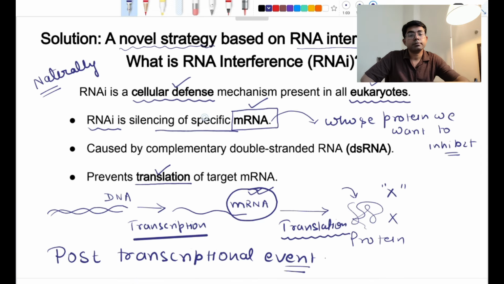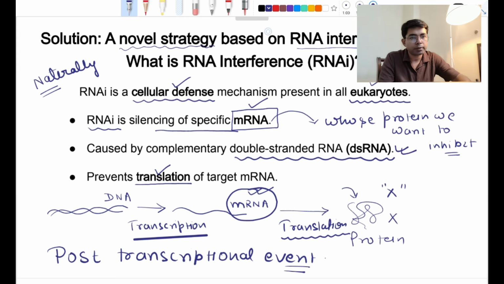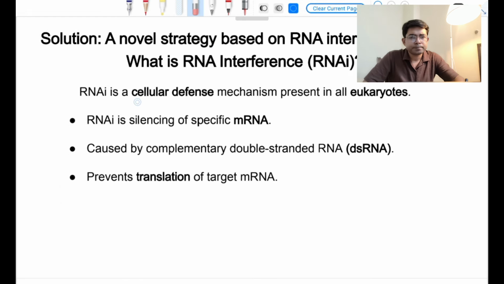Then the question comes, how is this mRNA targeted? This mRNA is targeted by a specific double-stranded RNA. I will explain later how this double-stranded RNA targets it, but for now, how many points will you remember? You have to simply remember a few things. I will make it very clear. The first thing you will remember is that,